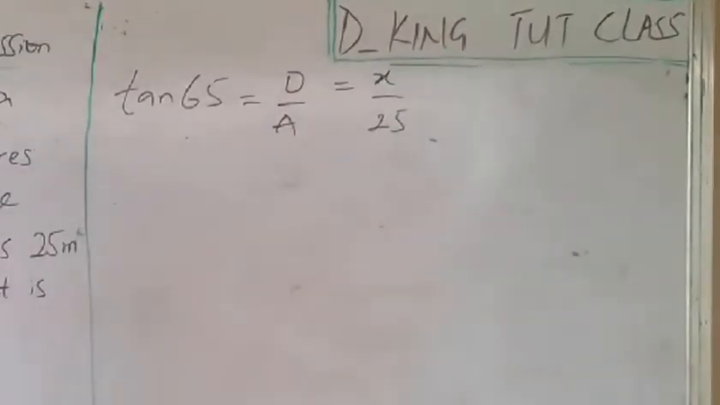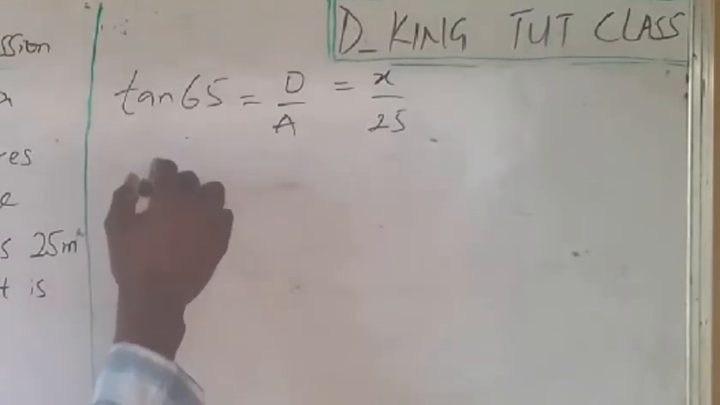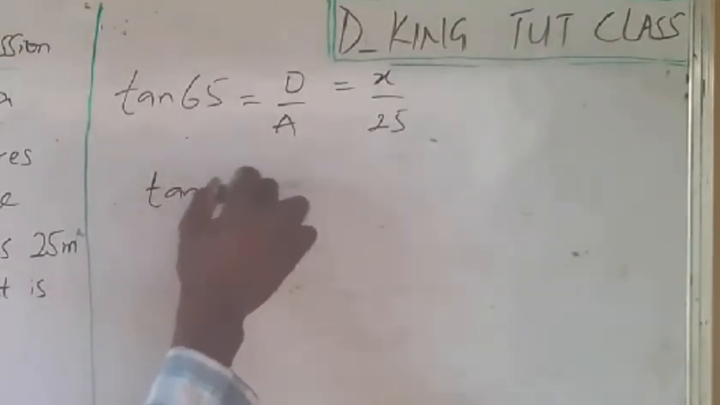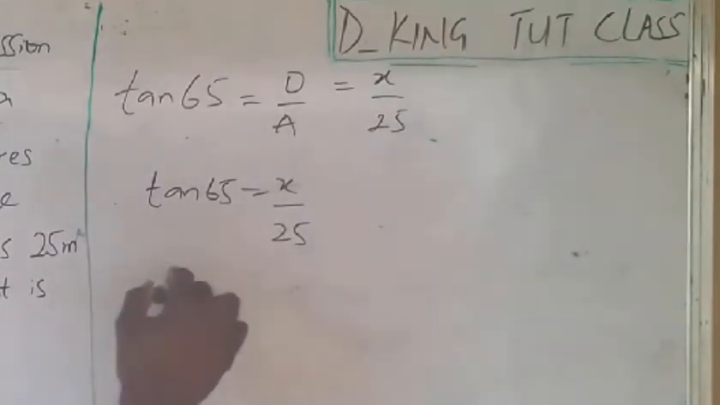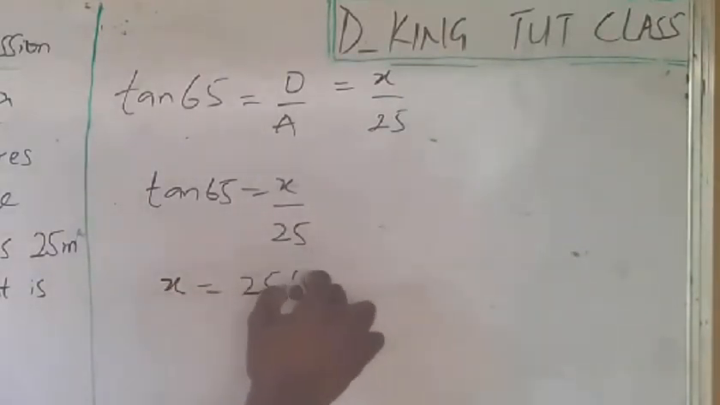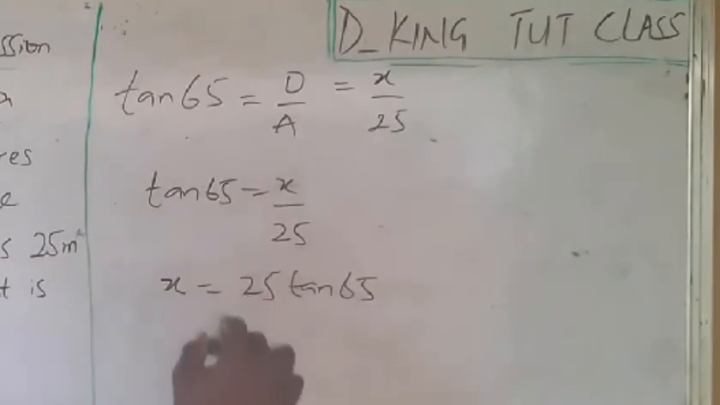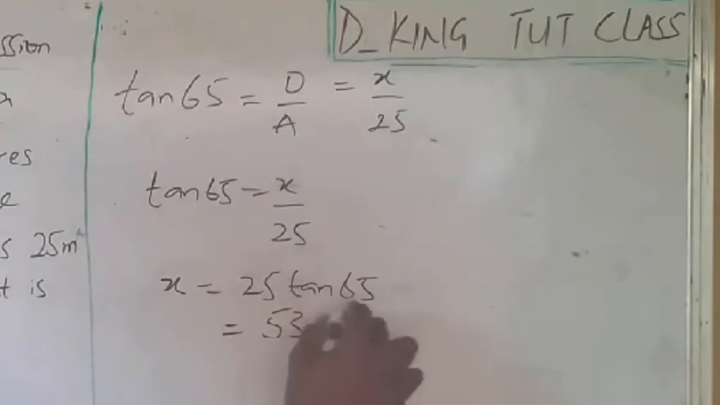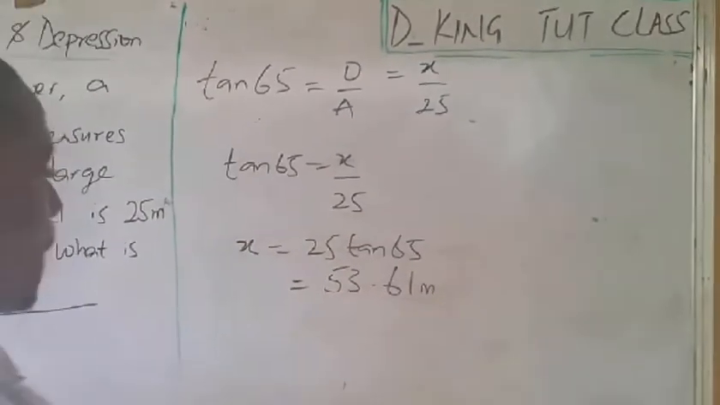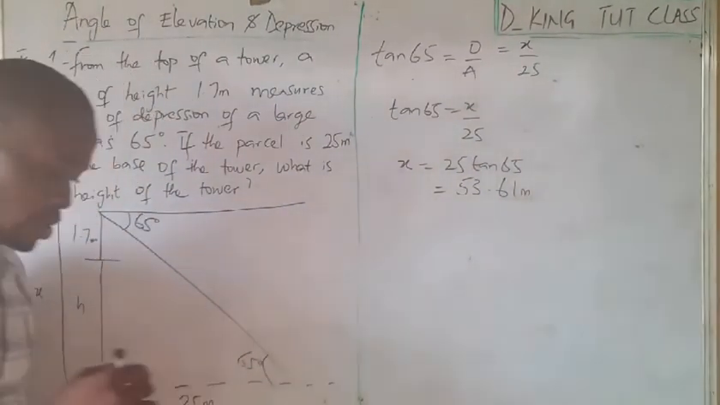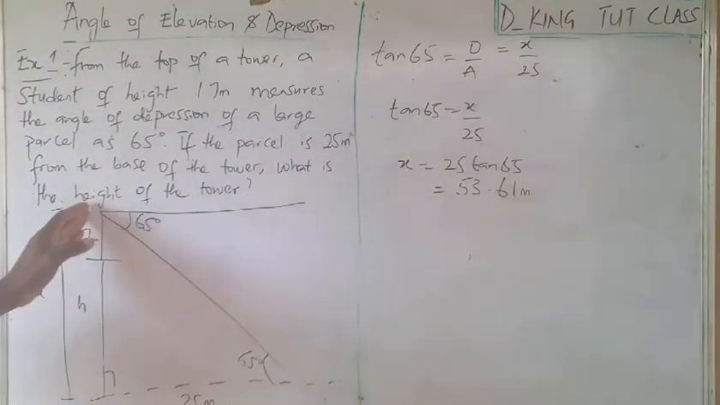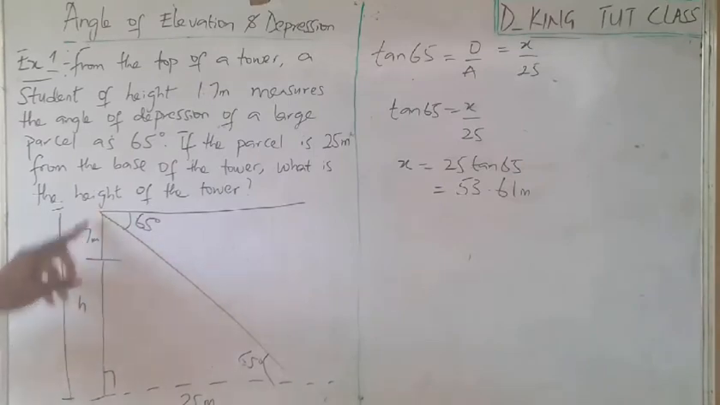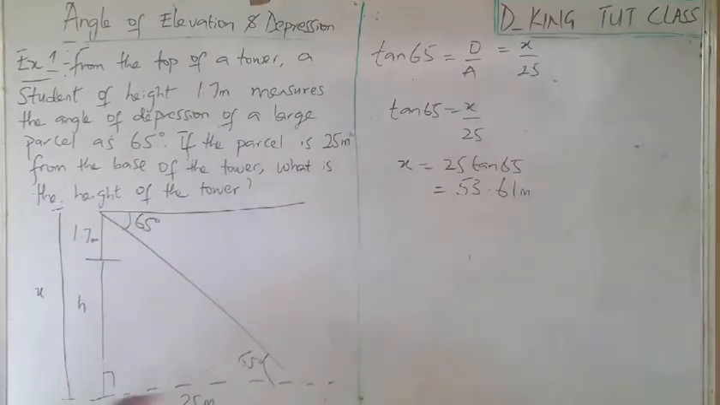Now, bringing the equation together, we solve for x. We have tan 65 equals x over 25. So x is going to be equal to 25 times tan 65, in which case our answer is 53.61 meters. Now, the question says we should look for the height of the tower. In which case, we've gotten the height from the height of the guy to the foot of the tower to